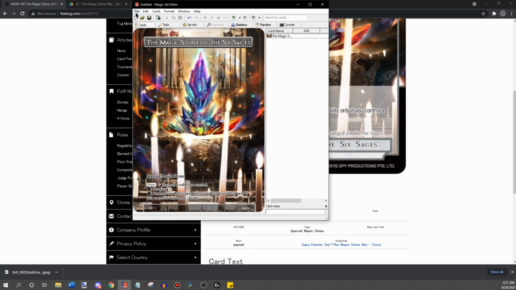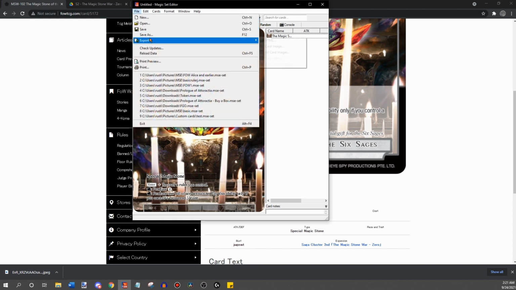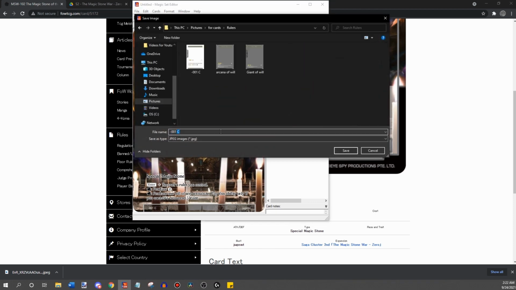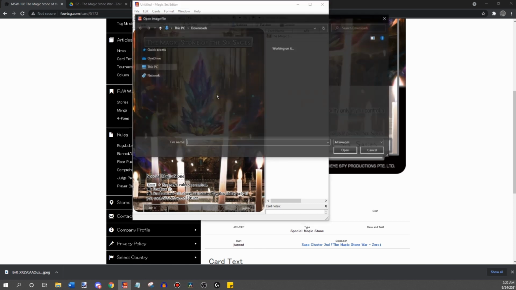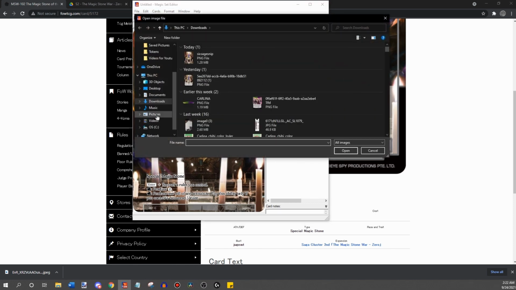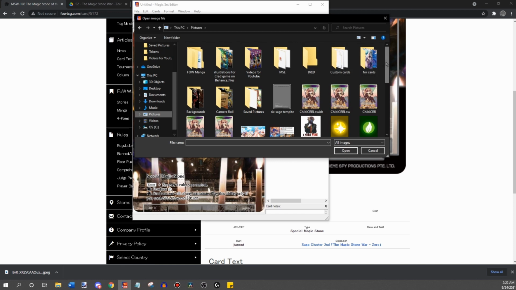Then we can go to File, and then Export Card Image. We'll just say 6 Sage MSE. And that's a perfectly fine way to make proxies. It's a lot quicker than the second method, but I do prefer the second method a bit more, which I'll show you now. So I'm going to go into my pictures, and what I have going on here is that